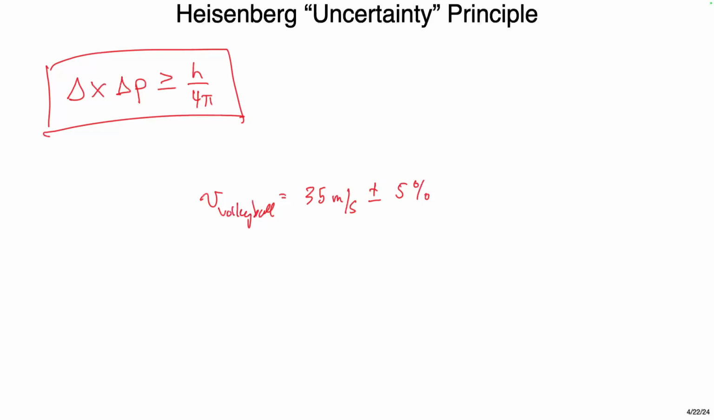So the speed could be 33.25 or it could be 36.75, right? It's somewhere in that range. There's always going to be this plus or minus value. It's probably in the middle, but the error bars are set. So this uncertainty, this plus or minus 5%, that's the delta x, the uncertainty in position,